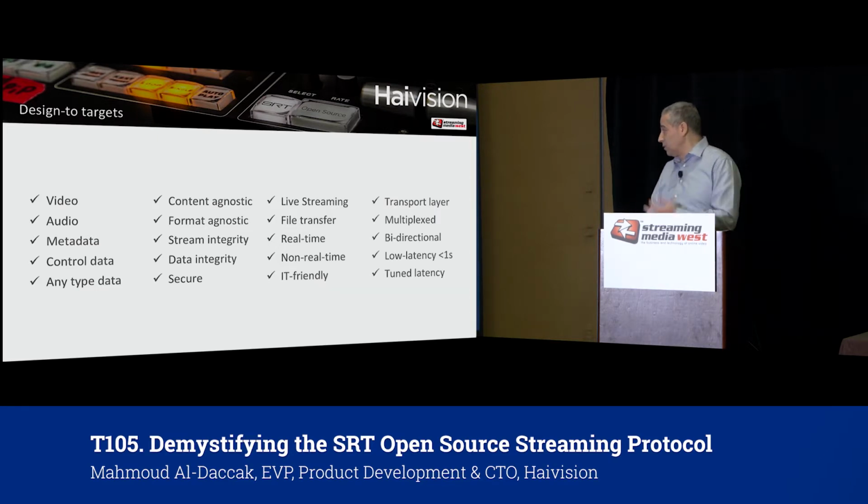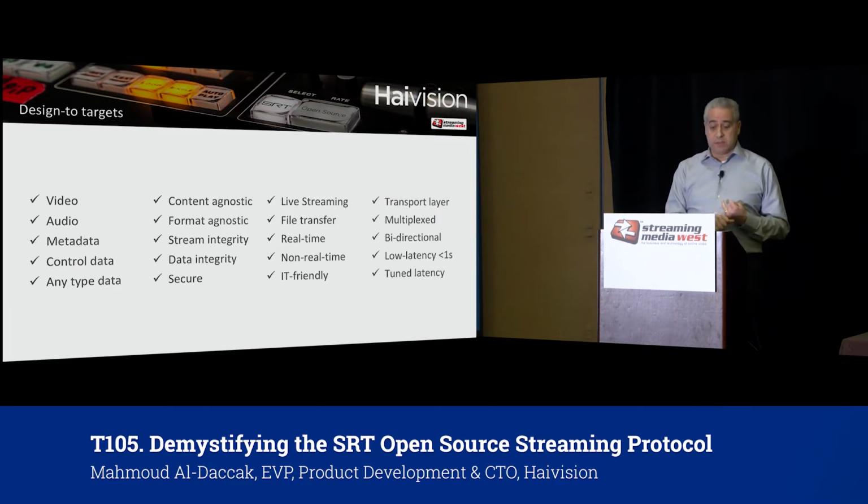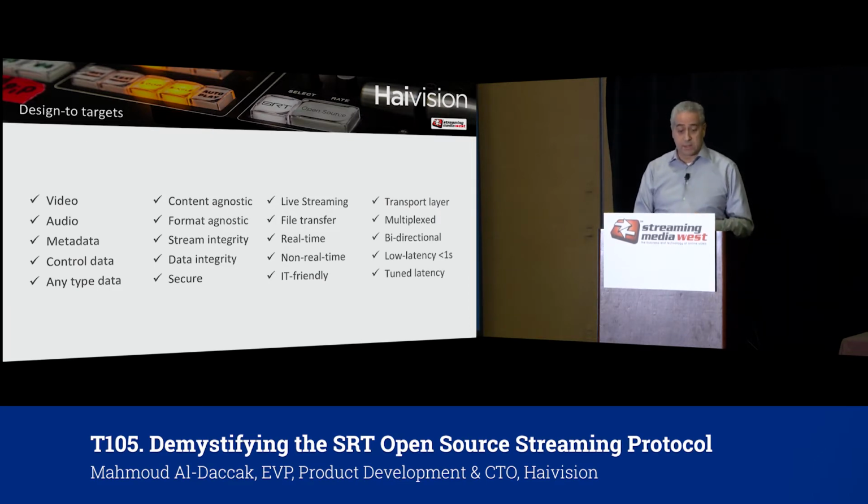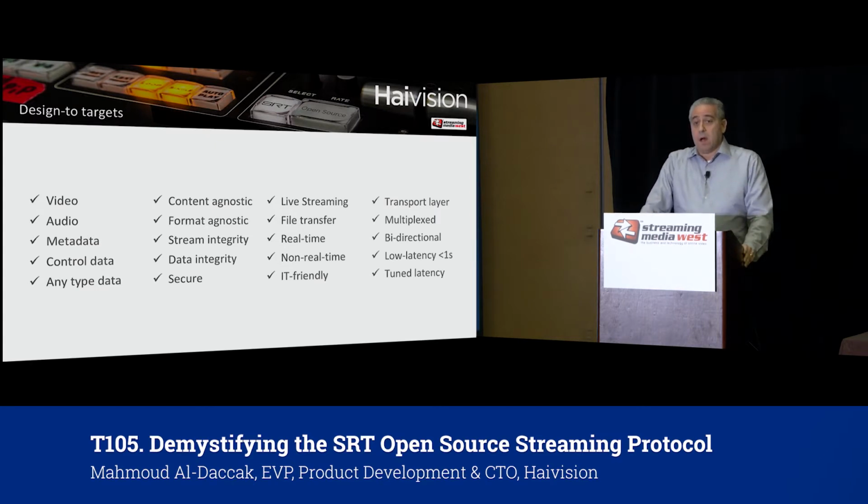We wanted it to be format agnostic, obviously, protect the stream integrity, of course, the data integrity, being secure. We wanted it to cater to live streaming and file transfer, so not only just live streaming, it's also file transfer, of course, real-time or non-real-time. IT friendly, because you'll encounter a lot of these hurdles as you try to traverse different firewalls, and sometimes you have cascading firewalls. It works at the transport layer, so it's really at the packet layer, so it's not really aware of any higher level like audio or video. Could be multiplexed,